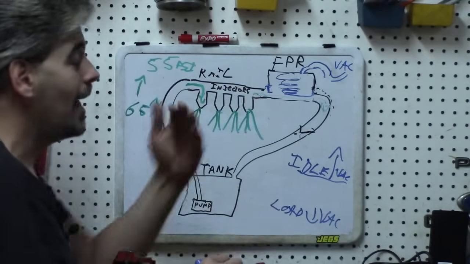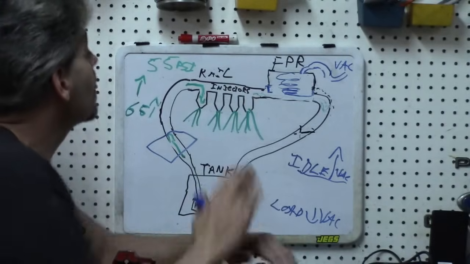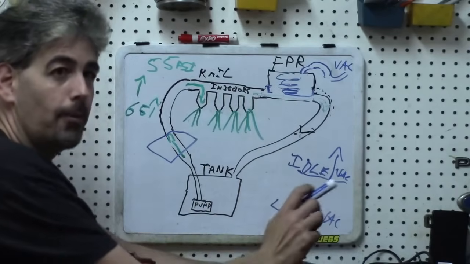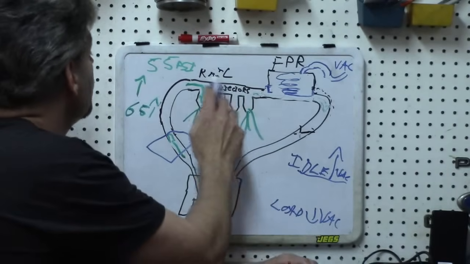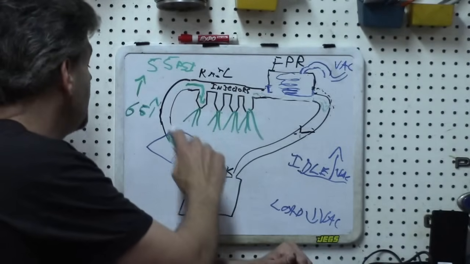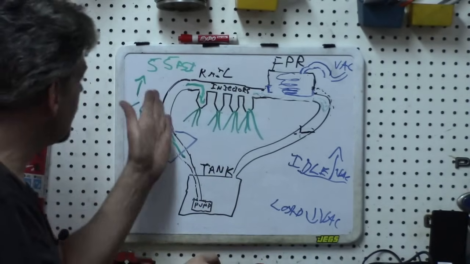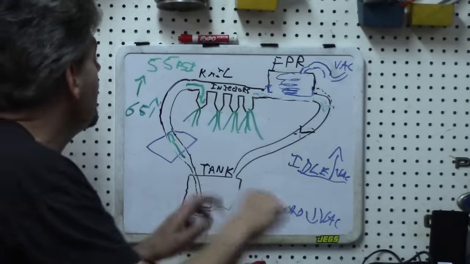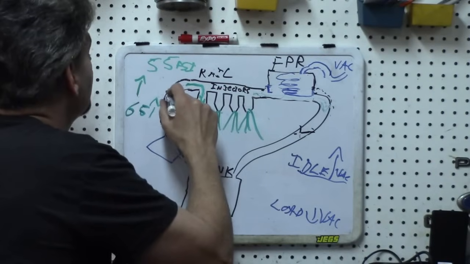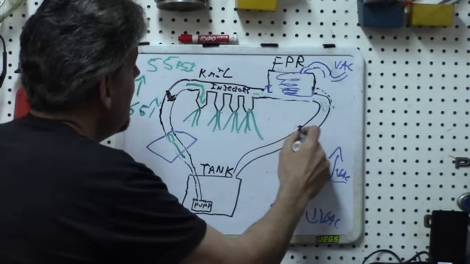Increase your fuel pressure and see if it's maintained. If the fuel pressure drops, then you have either a leak in your fuel pressure regulator, or it also could be a leak in the fuel injectors, or of course it also could be a leak anywhere along this line. Now, of course, the way to test that would be very simple. If you also pinch off the feed line, so if you block off both ends of this and you continue